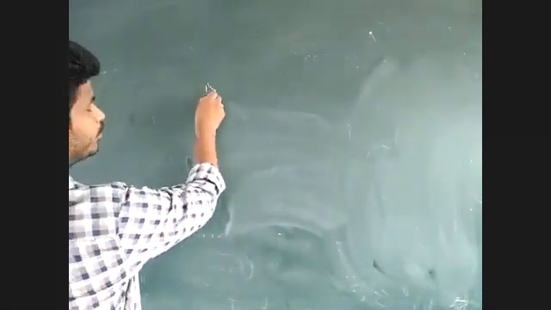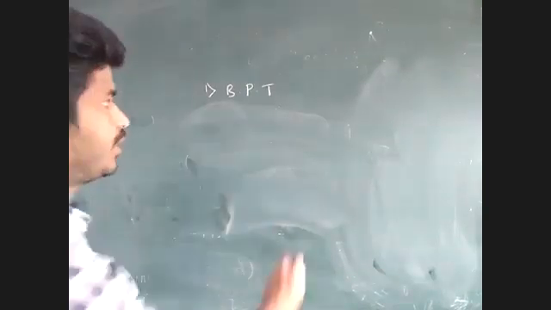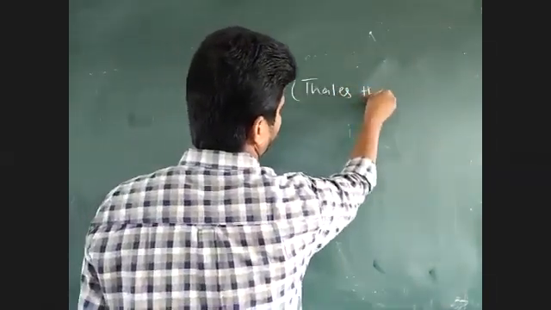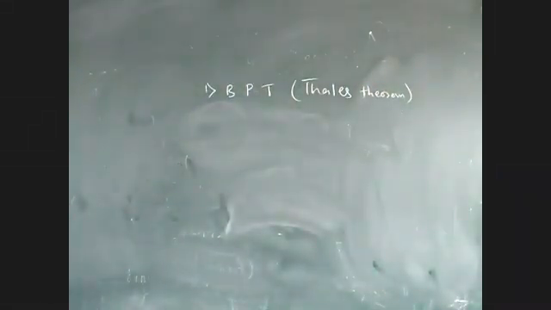From the 4 exercises, the first exercise belongs to BPT. BPT is nothing but basic proportionality theorem, or also known as Thales theorem. What is the another name of basic proportionality theorem? Thales theorem. Second concept is